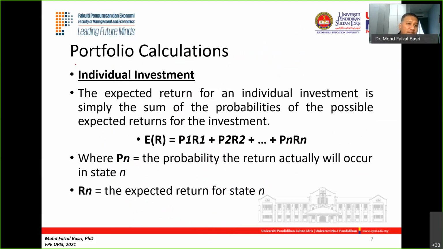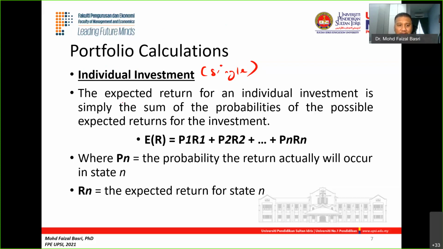For the individual investment, like I said, when we measure the risk and the return, there are two parts. First, if you look from an individual, single investment. Secondly, from a portfolio investment, meaning a pool or a set of investments. So first, we're going to look at the individual, single investment.